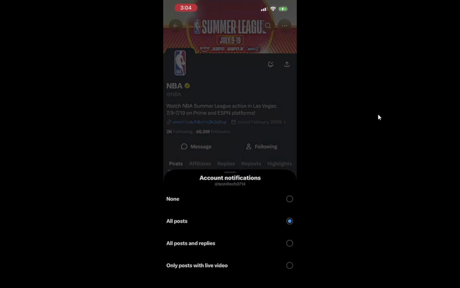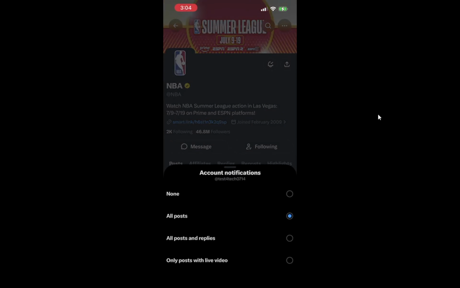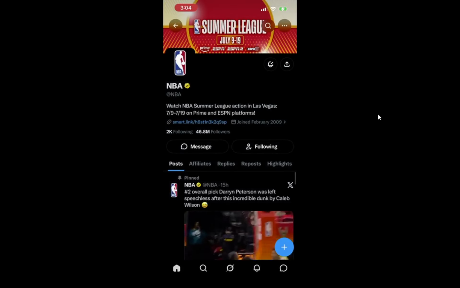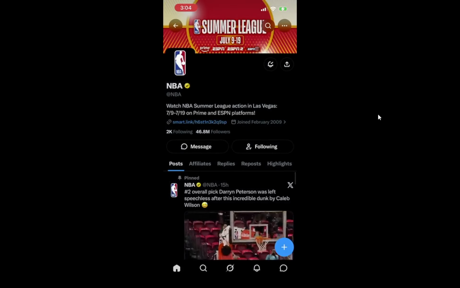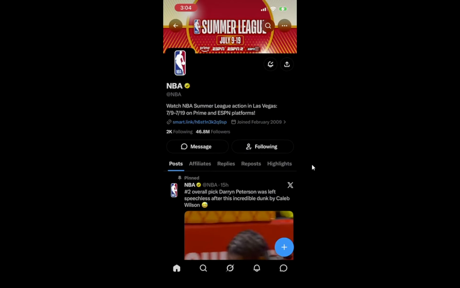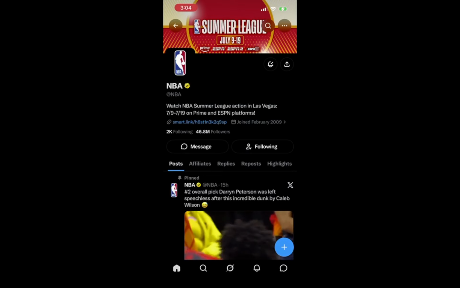Lastly, after you've made your selections, you will see a confirmation appear on screen. This means that your settings have been saved successfully. You can return to your main feed now, confident that you are set up to receive alerts tailored to you. With your alerts properly set up, you will be able to stay informed and engaged on Twitter. This small yet significant setup enhances your overall experience on the platform.